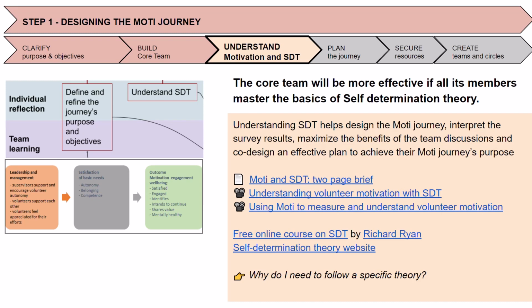So I would like us to reflect right now on why we need to follow a specific theory. I mean, we can just play it by ear, right? Well, my experience and the experience of others says that if you have a good theory about something, you're more likely to find explanations that hold water. We were winging it in the Red Cross, Red Crescent when it comes to human motivation. We take our hunches and whatever our ideas as a given.